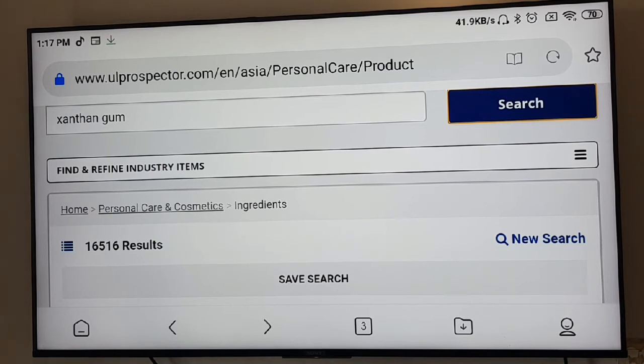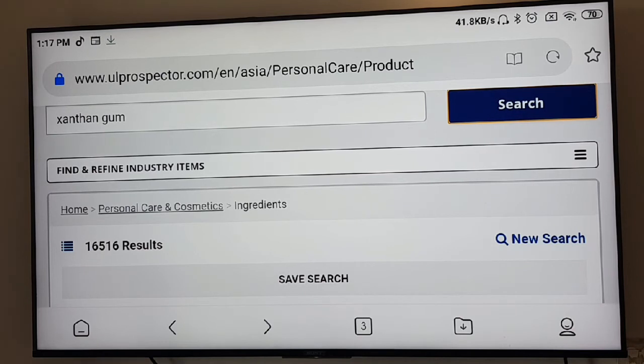And apart from this, you have information on equipments, various equipments used, the suppliers, and what are the recent trends. So budding cosmetic scientists, or cosmetic scientists who are working in the field and have not gone into this UL Prospector site still, you can go into this and register. It's a free registration. You can register and view. It will add to your knowledge. It will keep you updated on what is happening in the industry.